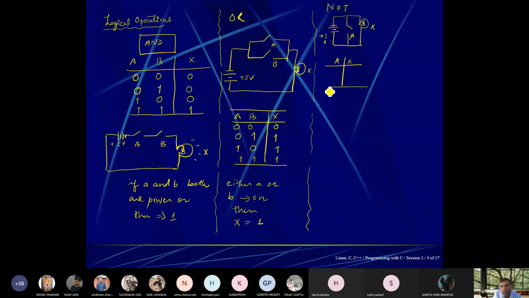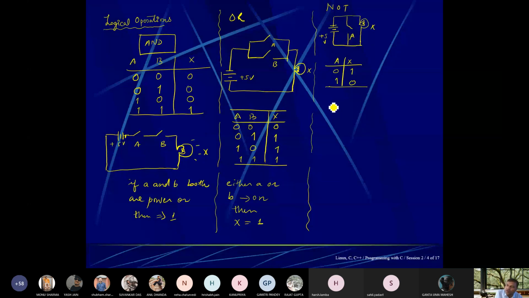If A is powered off, then will this bulb glow or not? Yes, it glows. If I close this circuit, then it is off, because it will complete the circuit from here only, so there is no need to go this way. So this is our inverter gate or NOT gate.